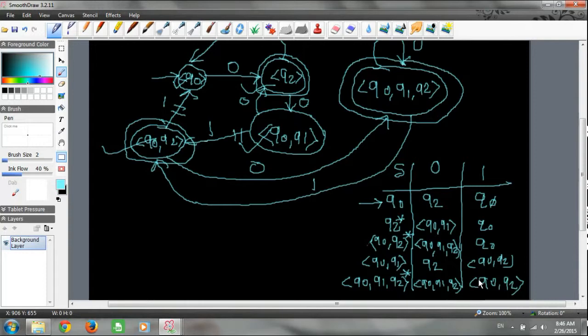If you look at every state, what is the typical characteristic of NFA? On the same input, you can go to multiple states. Can you see such behavior in this diagram, in these finite automata? No. So that's why it is nothing but DFA. So this way, if we systematically follow all steps, we can convert NFA into DFA.